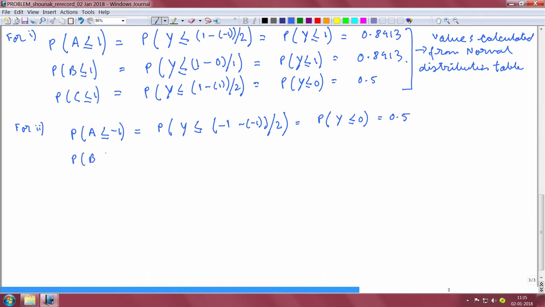Probability that B is less than minus 1 is probability that Y